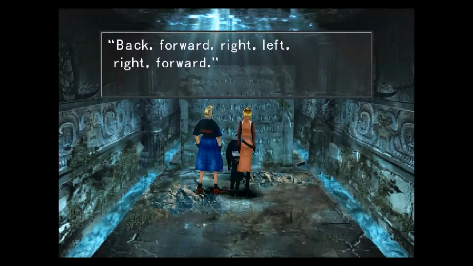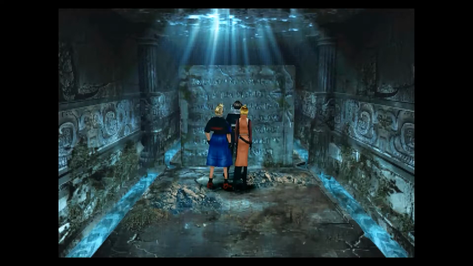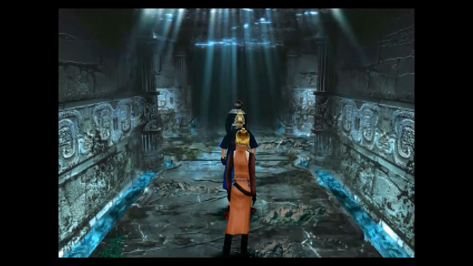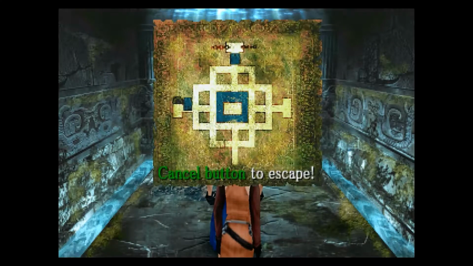Back, forward, right, forward. Okay, that's really useful, because as we come back out of here, you'll notice we're completely disorientated. Technically, when we first came into this area, we actually came from this side. If you look, this is basically a whole load of four-way junctions